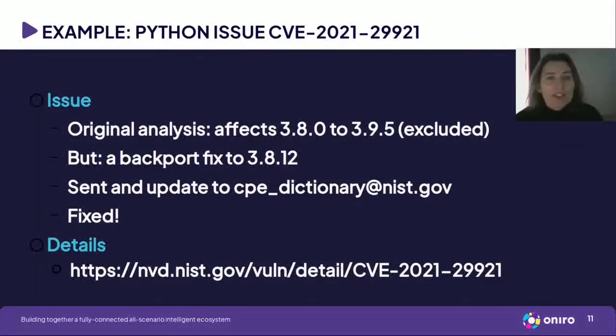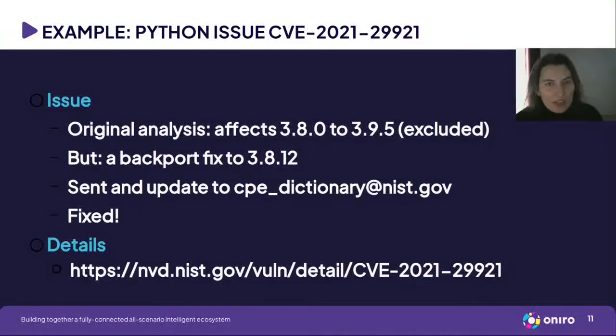But the database, at the moment when we were running the tests, hadn't been updated to say that the fix has been backported to 3.8.12. What we did, we sent an email to the people taking care of the NVD database, fixed, and one less issue to worry about. If you're interested, I give you a link to the issue and you can see the history